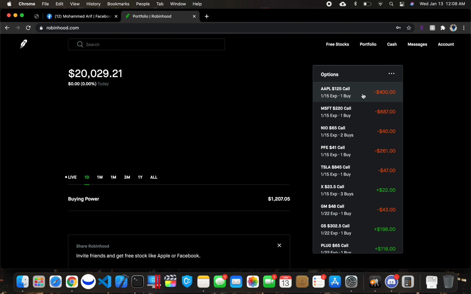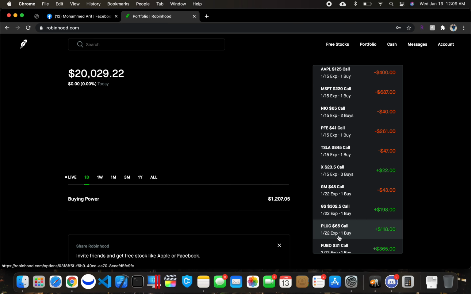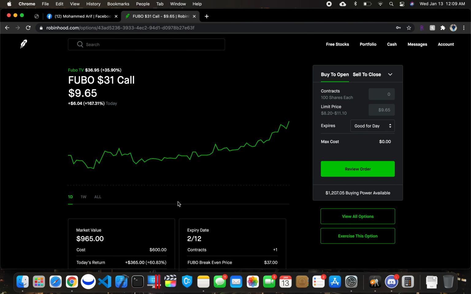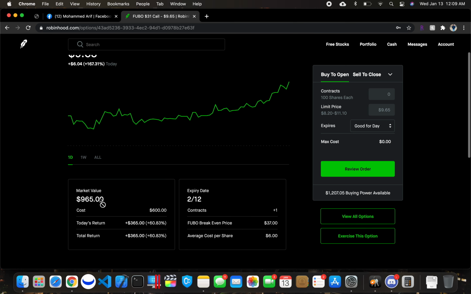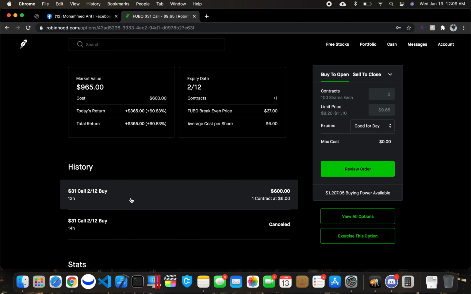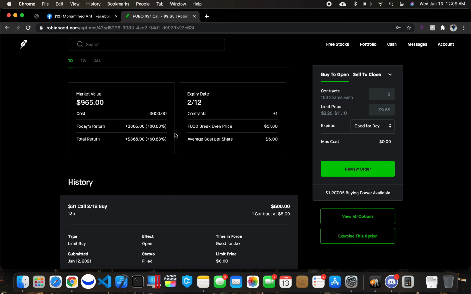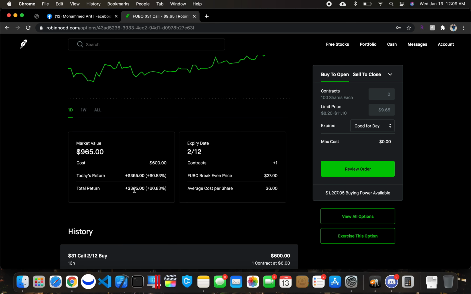As you can see, I'm losing $400 with Apple, $600 with Microsoft, and these are all call options. So I am down a lot, but you can see here that this call here, Fubo, I caught it today. I'll show you exactly when I got it today. I got filled today at 11:24 a.m. on January 12th, and you can see that just in those couple of hours before the market closed,